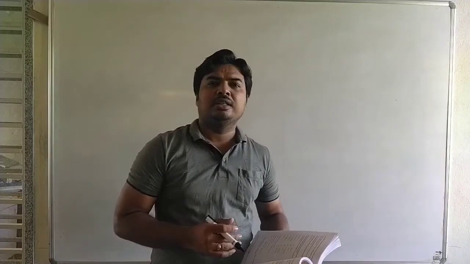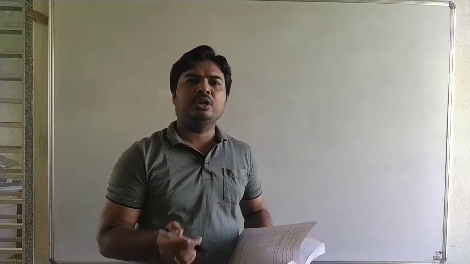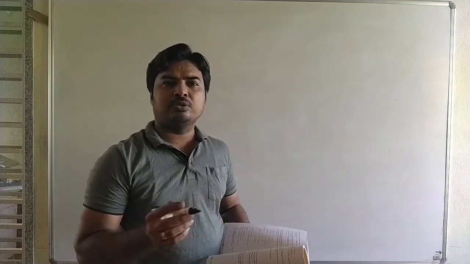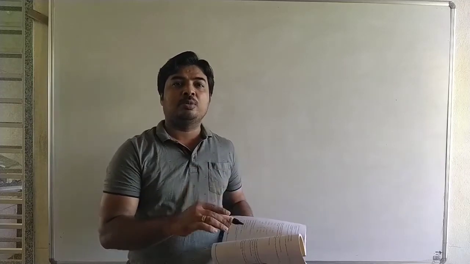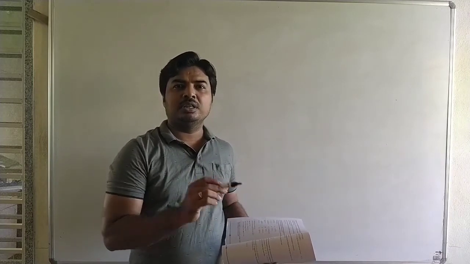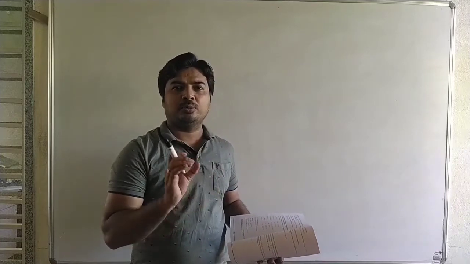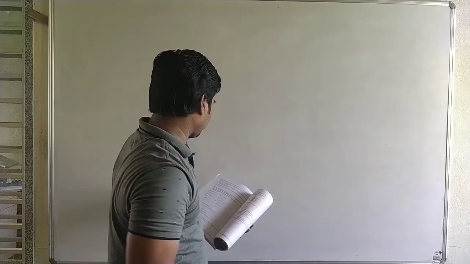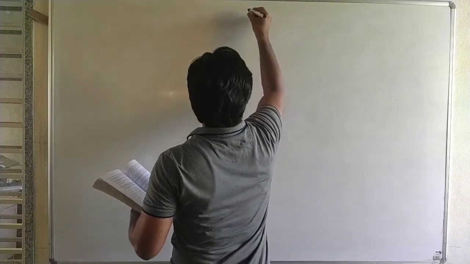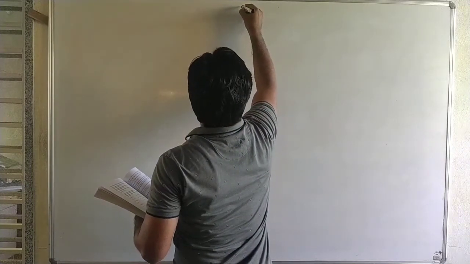Students, in this lecture we see the examples on the vector product in miscellaneous exercise 5. We have already seen the examples on the vector product in exercise 5.4. Now we see the examples in the miscellaneous exercise of the vector product, examples on the cross product. Here, example number 32 is an example on the cross product.